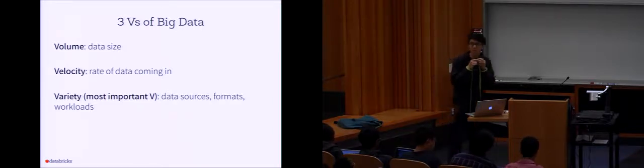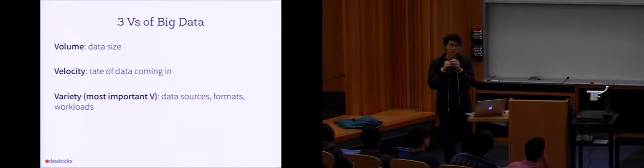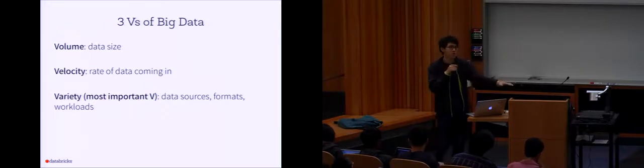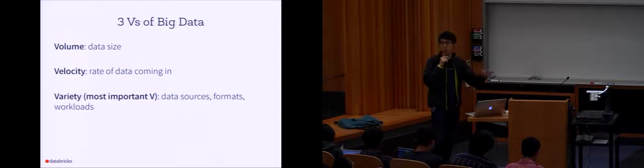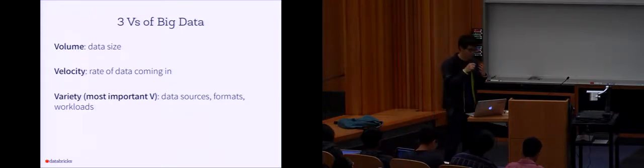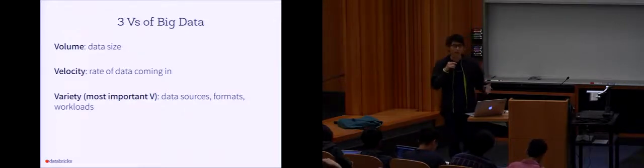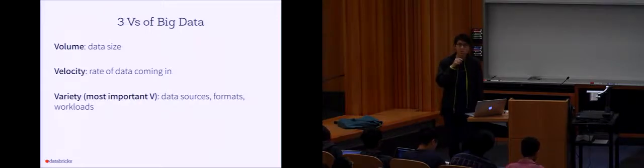Big data is probably beyond a kilobyte or megabyte. And the second part is velocity, which is how fast your data is coming in. For example, if your data is static and never changes, maybe it doesn't really matter. It's not going to be very challenging to analyze because you do it once and forget about it. But if the velocity of data coming in is very high, it's much more challenging to react and analyze this data.